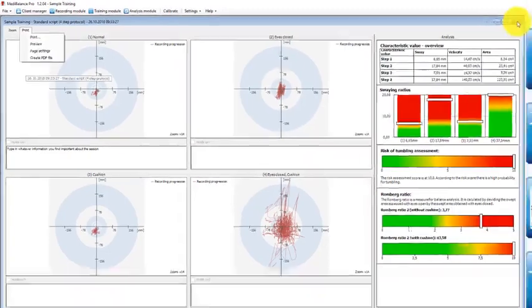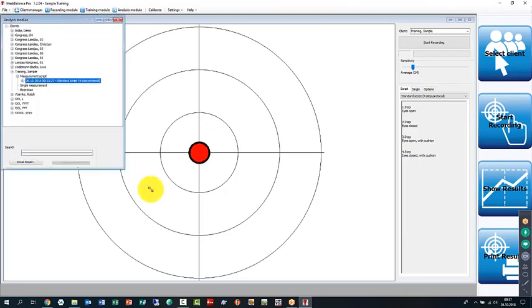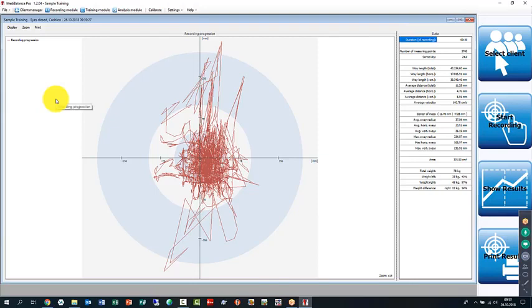So let's close this window again and go back to the analysis module, which you have here, which is basically a database showing what clients did do what kind of testing. And so you double tap, or you can go on the plus of your respective measurement. And now we want to look just at the fourth measurement, which is eyes closed with the cushion. So I double tap on this and I see my initial recording,